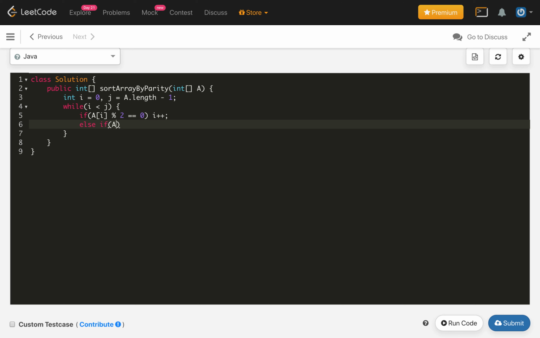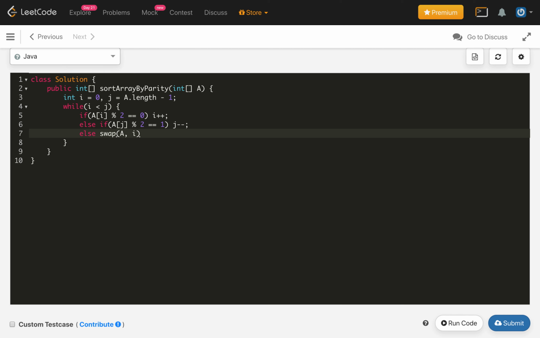Else if A of j, the element at the jth index, is odd, which is modulo 2 equal to 1, then we decrement j by 1. In all other cases, we swap the elements. We will write a helper method swap, passing A, index i and j, and after that we need to increment i and do j minus minus.